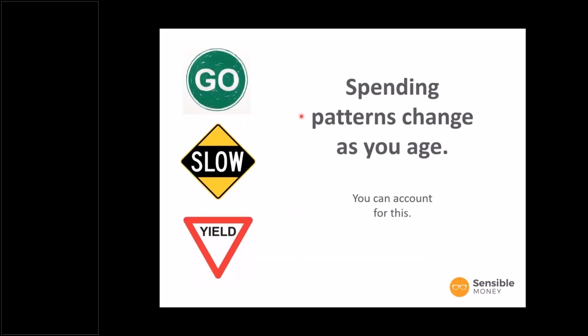You also need to account for the different spending patterns that occur as we age. So typically early in retirement, you've heard me say this, we call it the go-go years. People are traveling and they're healthy and they're able to do things and they're out doing things. And then somewhere between maybe early to mid 70s, the slow go years happen. And it's different for every person, but people tend to slow down. They're not traveling as much. They're not buying as many things. They're not out in entertainment venues as much. And so their spending often slows down during this phase.